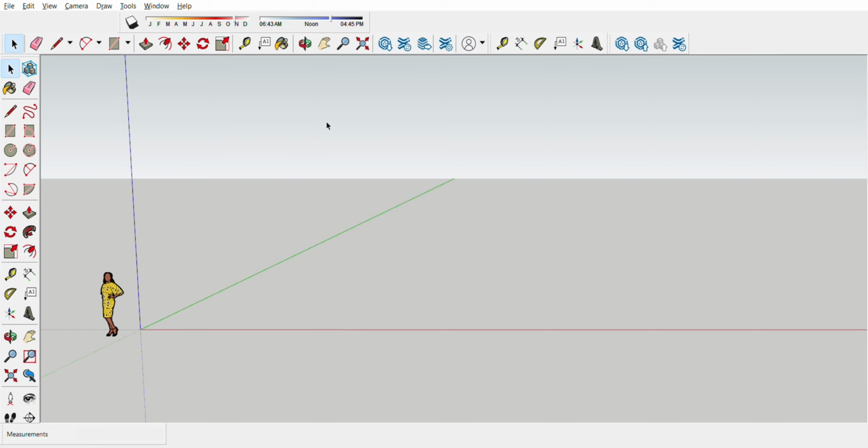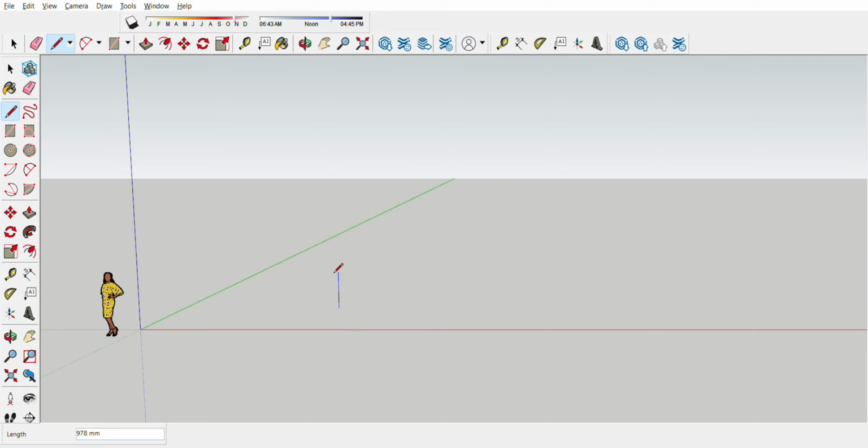So without further ado, we will make a stair because SketchUp is very easy. We will go directly to what is necessary. Don't look at this command here because it's very difficult. Forget about that, later on we will touch on that one. Okay, let's start. Make a line here.